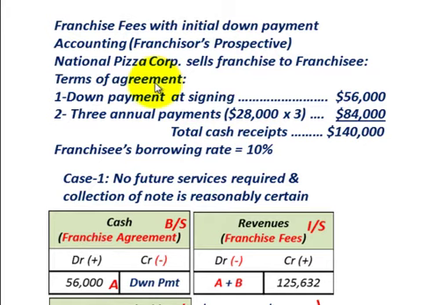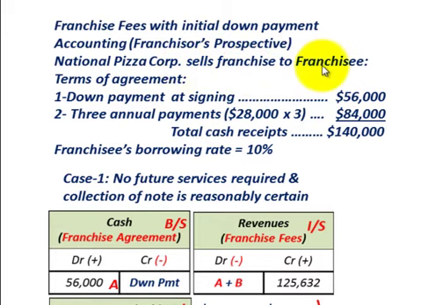And the terms of the agreement would include a down payment at signing of $56,000. So the franchisee is going to pay a $56,000 cash payment to the franchisor, the National Pizza Corporation, and in addition to that, they're going to pay 3 annual payments of $28,000 each. So those 3 payments would equal $84,000 over those 3 years. So the total cash receipts are going to be $140,000